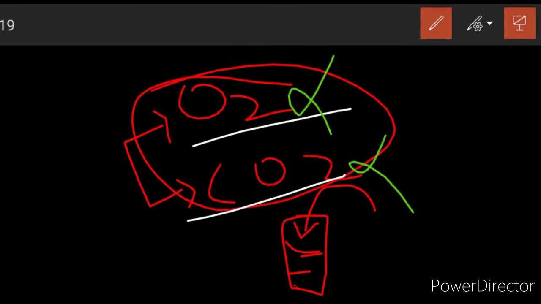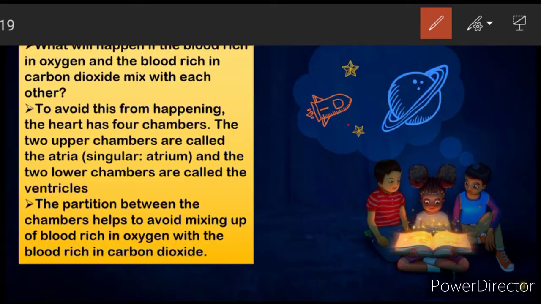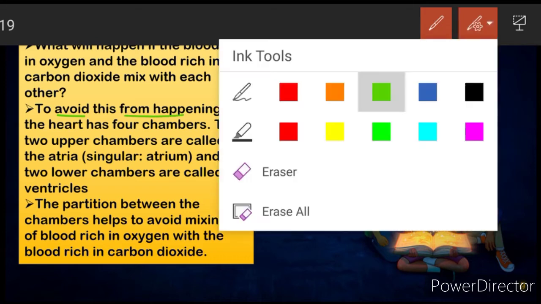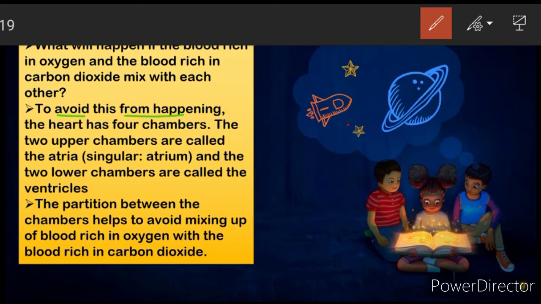तो क्या करें, it should not happen, क्योंकि फिर अगर वो मिक्स हो गए तो ऑक्सीजन कार्बन डाइऑक्साइड फ्रेंड्स बन जाएंगे, फिर आर्टरीज बीन को धोखा मिल जाएगा। तो ऐसा नहीं होना चाहिए, right people। So you can't even think of it now. To avoid this from happening, in order to avoid this from happening, the heart has 4 chambers। तो इसके लिए तो भाई क्लैप बनता है, because nature ने हमें कुछ